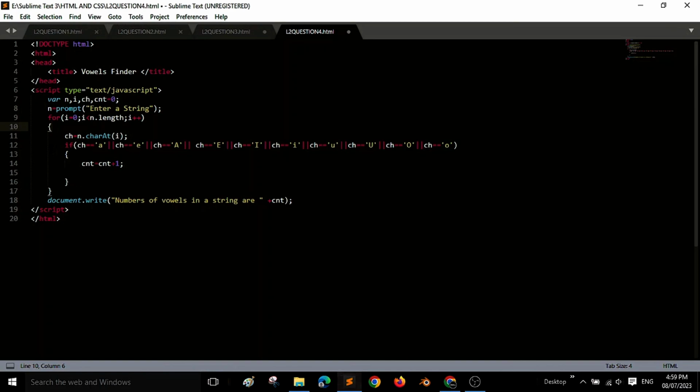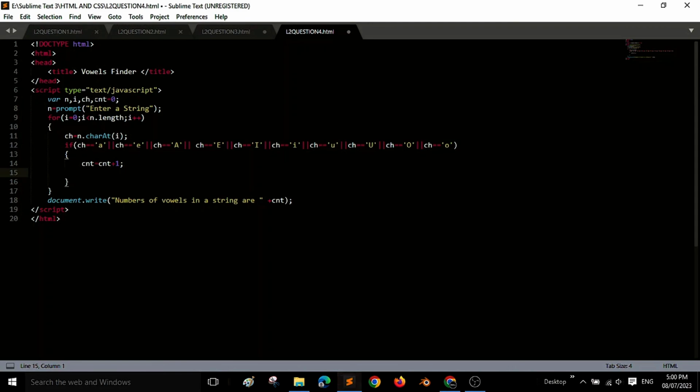Then after the loop finishes, the code uses document.write. You can see it here: the code uses document.write to display the result of the string. I have discussed this, right? cnt plus 1: if the code finds a vowel, it will increase the value by 1, therefore it is given as cnt plus 1.